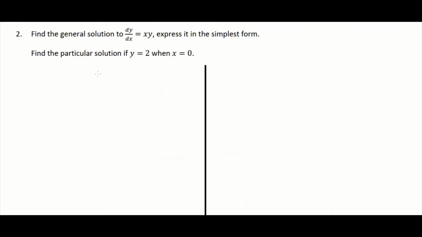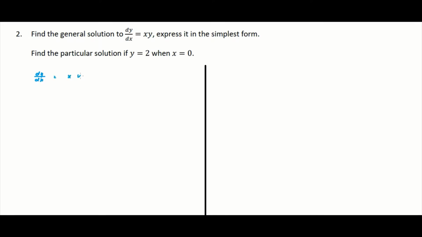Okay, number 2, find the general solution to dy dx equals xy, express it in simplest form. Find the particular solution if y equals 2 when x equals 0. So let's try to do it. I'm putting in these questions because I want you to know how to express a general solution in a simplest form. Okay, so dy dx